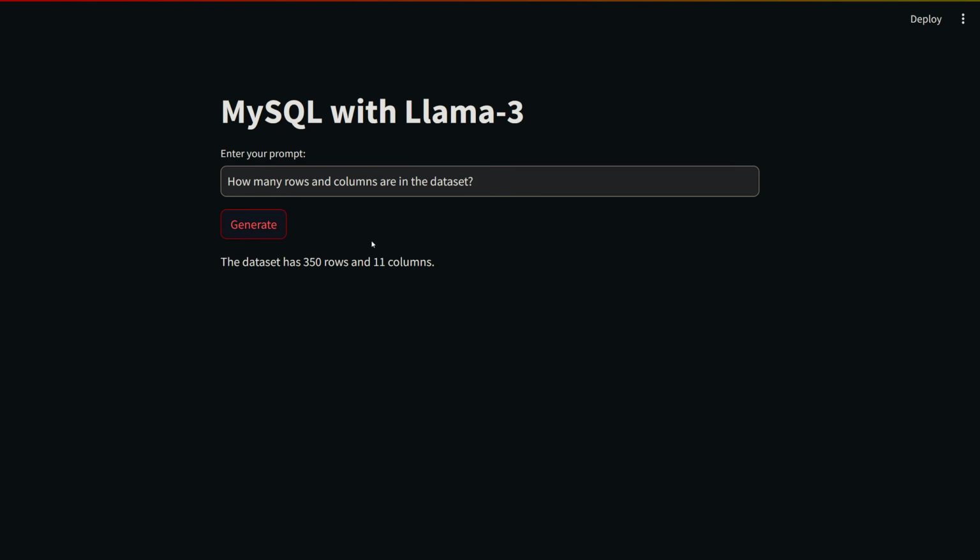This way you can chat with your dataset. Let's go ahead and take a look at the average of the total spent column. What is the average of the total spent column? Let me click generate. There you go. Here is the average. Easy peasy, right?